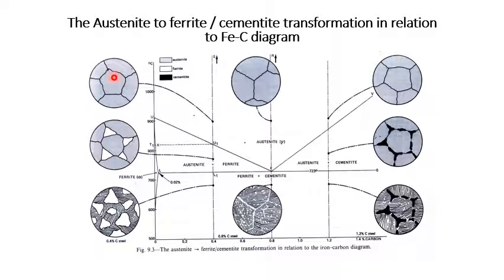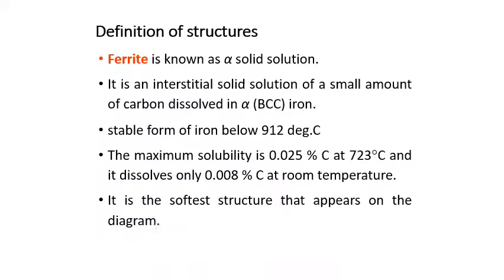If you take both in general, even in hypoeutectoid and hypereutectoid, the nucleation of alpha and the nucleation of Fe3C will originate at the grain boundary, and it starts growing as the temperature comes down. Whatever austenite is present at or near the eutectoid temperature will suddenly transform to pearlite, that is a lamellar structure, once it crosses the eutectoid temperature.